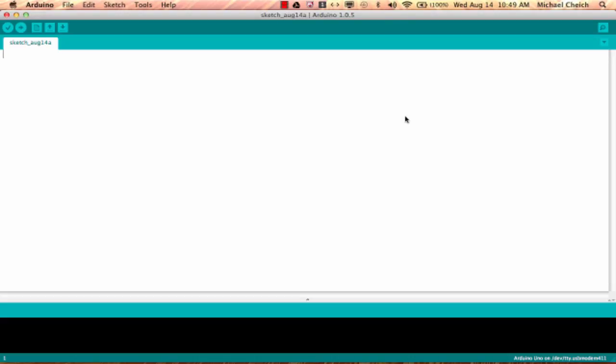It's intentionally streamlined to keep things as simple and straightforward as possible. When you save a file on Arduino, the file is called a sketch, and a sketch is where you save all the computer code that you've written. The file extension for a sketch is .ino, like a Word document would be .doc. It used to be .pde and it has changed since, so if you ever see a .pde, that's the old version. The new version saves it as .ino,